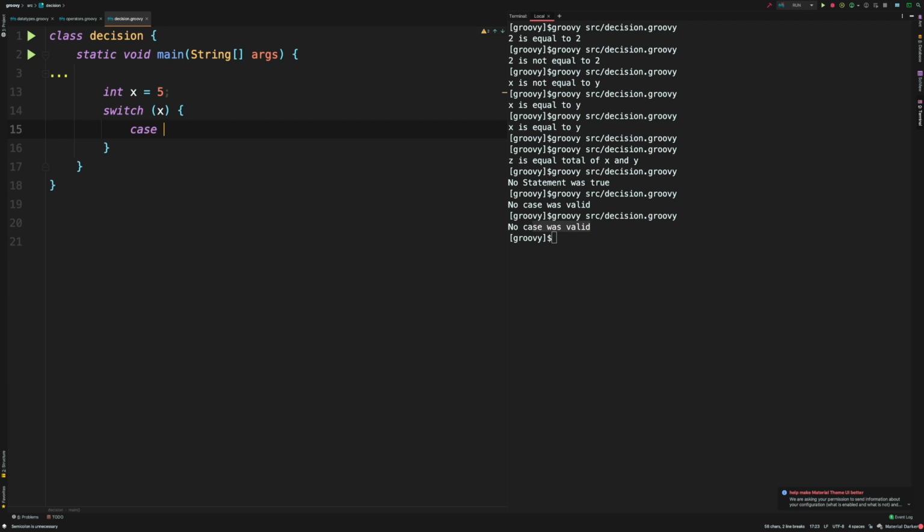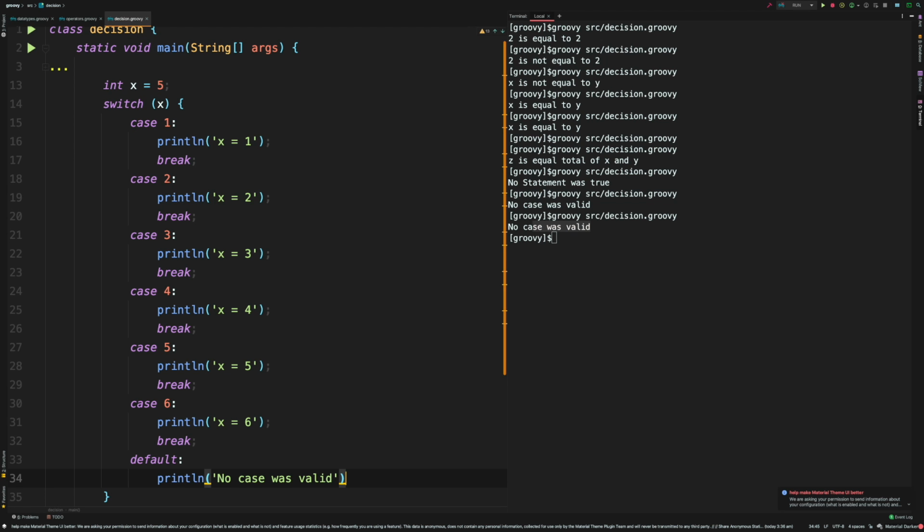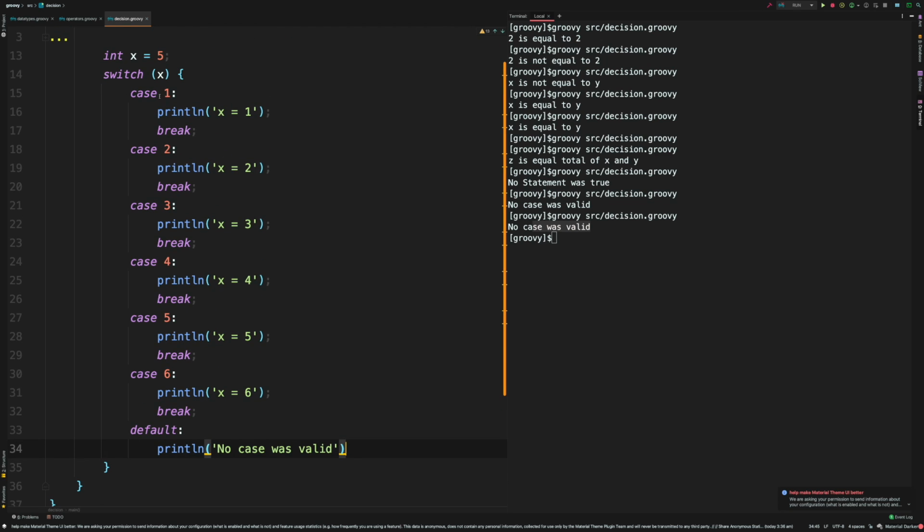So what I'm going to do is paste the code instead of just typing and wasting your time. So here we have 6 cases. So I'll say if x would be 1, then it will print this line. Otherwise, it will go and check for the next case. And any case that becomes true, it will print its statement and it will break out from the loop.